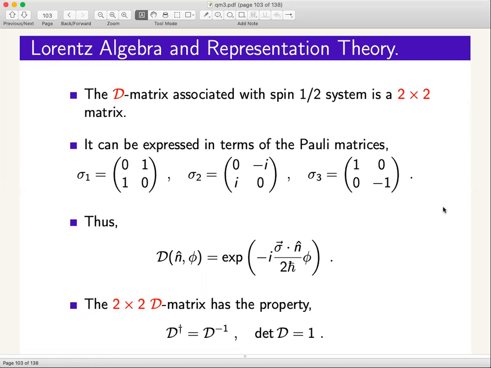Here sigma vector is fixed. You try to hold sigma vector fixed. Similarly, in a higher dimensional representation, it would be J vector dot n cap. But J vector is still 3 components, even if the representation is higher dimensional. So given that there are only 3 generators, that is the statement about it being an SU(2) algebra. SU(2) algebra is exactly 3 generators, which for a 2x2 system are the Pauli matrices. Let's say we have a 3x3 system, for which the generators are some J i.